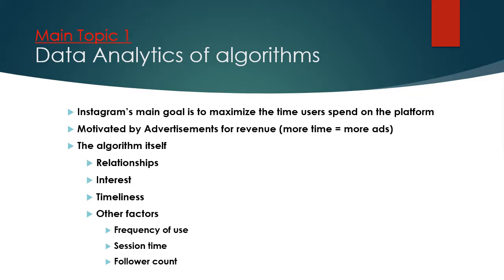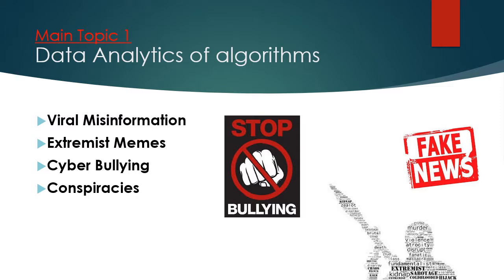Right? There's so many things that go into this, but Instagram's main goal is to maximize the time the user spends on the platform. And like we've covered before, it's in order to increase the amount of viewership that advertisements can have. Now that everyone understands the goal of the algorithms used by Instagram, right? Like I said, putting information in front of people that's going to keep them using that platform and potentially make them purchase items or view more ads.